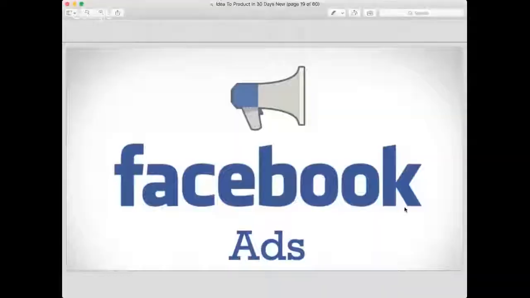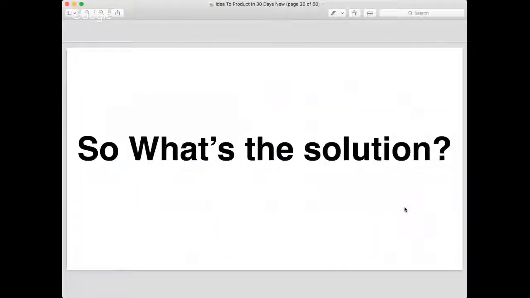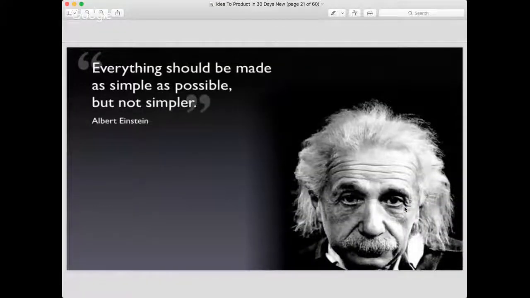Well, that's the launch system. What's the solution? Everything should be made as simple as possible, but not simpler. This has quickly become one of my absolute favorite quotes. I have it as backgrounds on different projects I do and have it around me to remind me every step of the way,